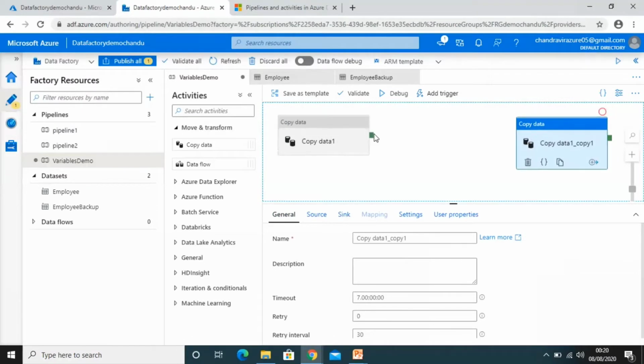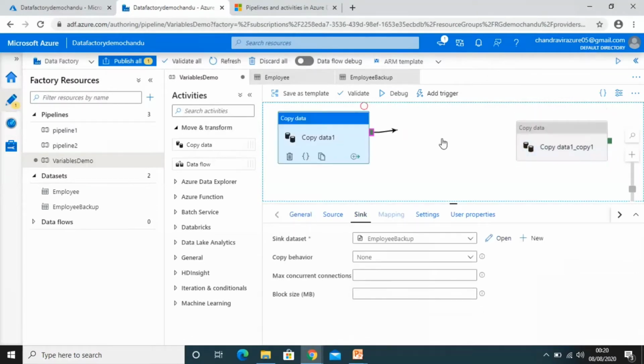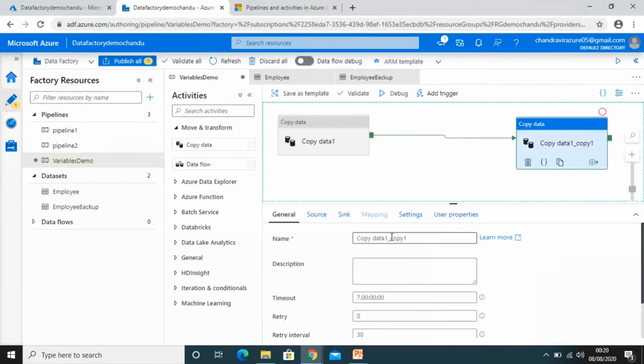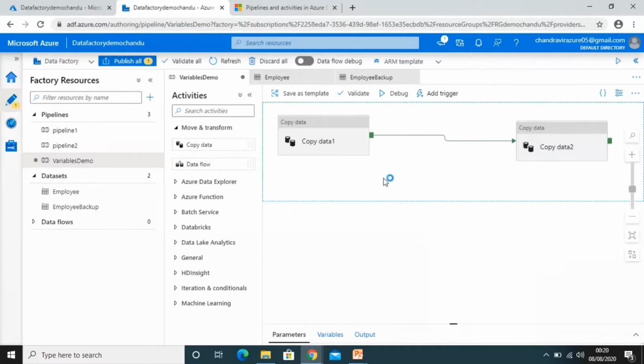Now I have made a clone. This is a clone of copy data 1, and let me connect it. Let me rename it as copy data 2. It's the same activity that copy data 1 is doing.